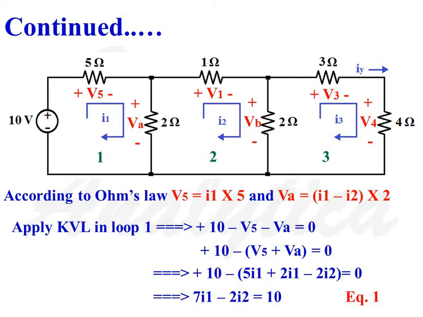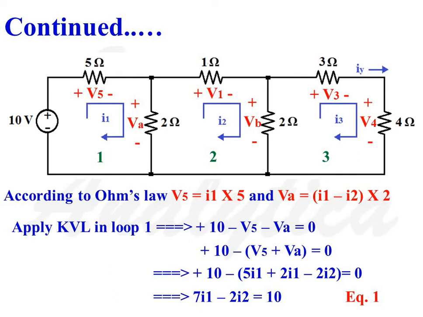Voltage drop across 5 ohms resistance is denoted as V5 and it is given as I1 into 5, where I1 is the current flow through 5 ohms resistance. Voltage drop across 2 ohms resistance is denoted as VA and it is given as (I1 minus I2) into 2. So applying KVL for the loop,